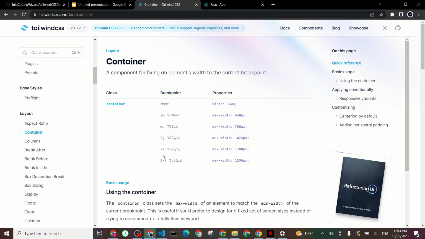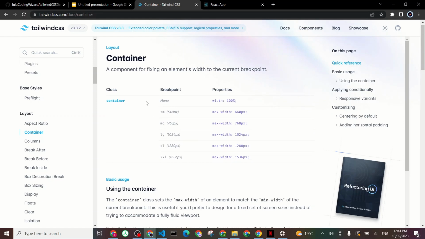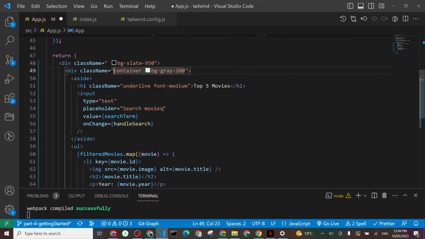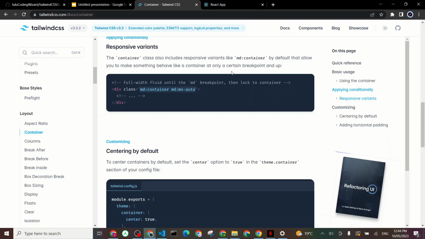And the reason it is here, if you come into the documentation, you'll find that container, if it's set alone, then the width will be 100%. But if you add breakpoints to it, so it will be SM for max width 640, medium for 768, and so on. Okay, let's say we want, for example, to have a maximum width of